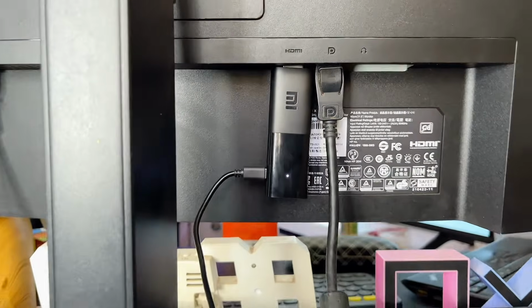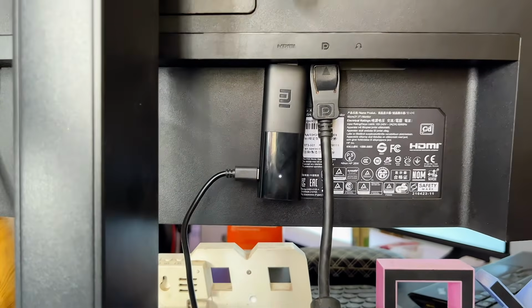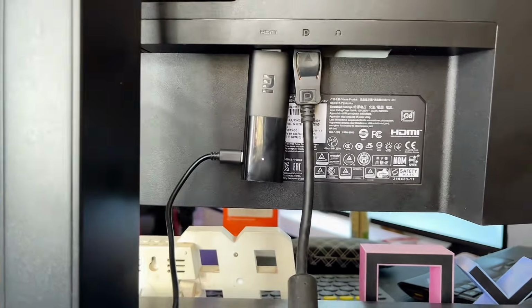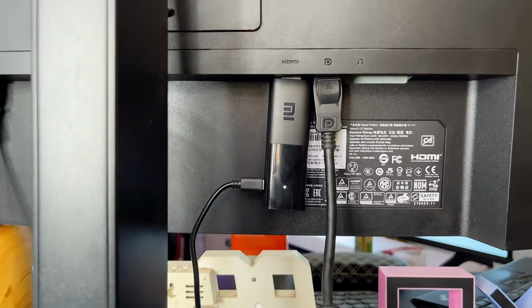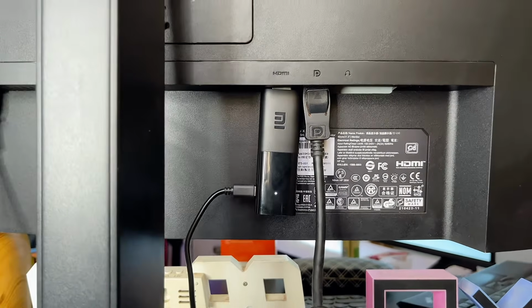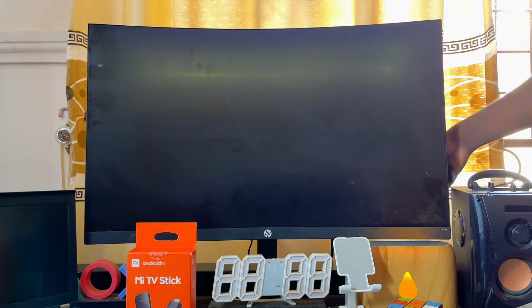Once it is plugged into the power source, you can now see that the Xiaomi Mi TV Stick, which is connected to the HDMI port of my monitor, is now showing this light over here, indicating that it is now connected to the power source. Now, what you want to do is to head over to your monitor. Now, you want to go ahead and turn on your monitor